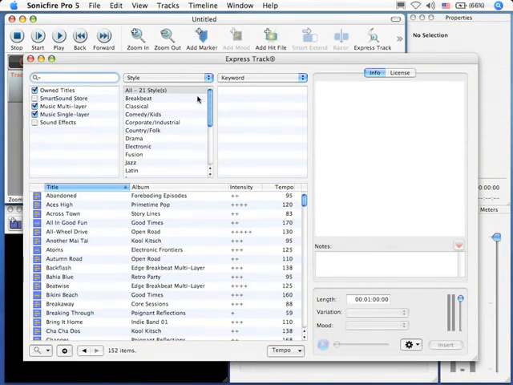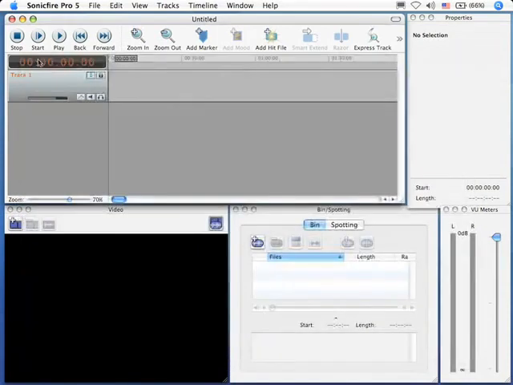You can tell whether you have Scoring Edition or ExpressTrack by looking down here at the bottom. If this button says Export, then you have ExpressTrack. If this button says Insert, then you have the Scoring Edition. We use ExpressTrack to select our music, and we'll be using it a little bit later in this tutorial. But for right now, I want to put ExpressTrack away and illustrate the 5 windows that are part of Scoring